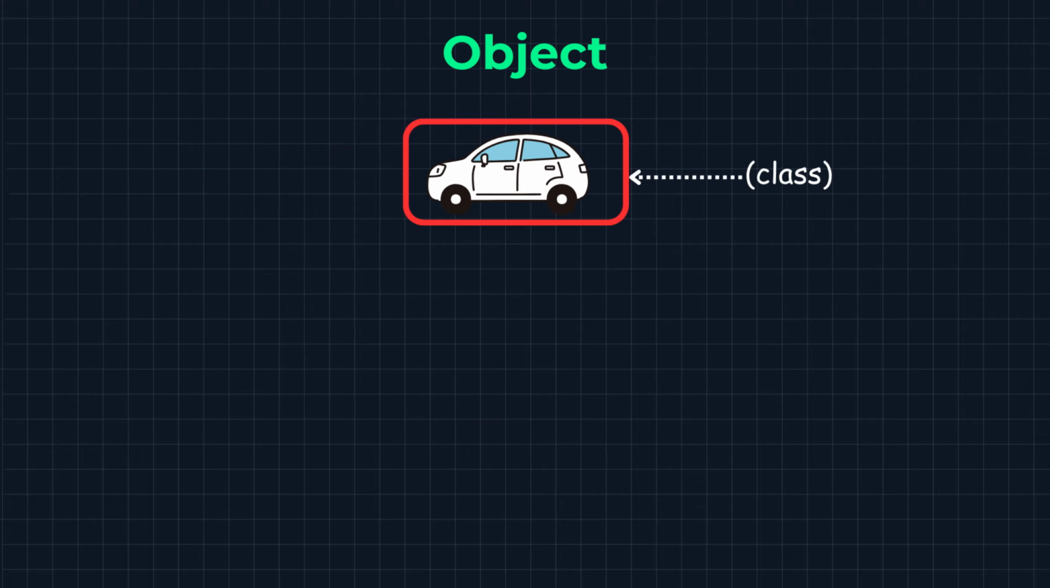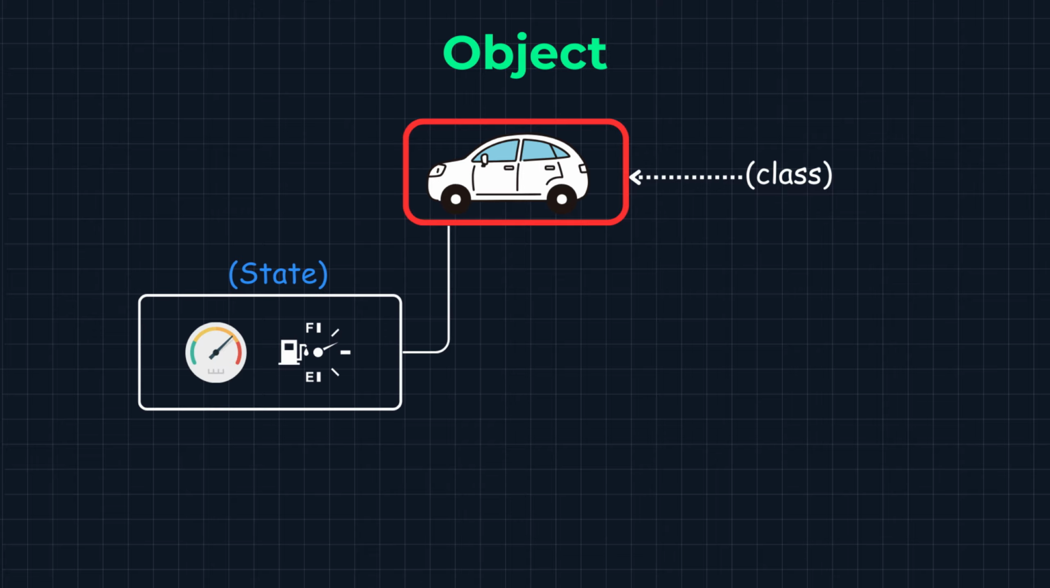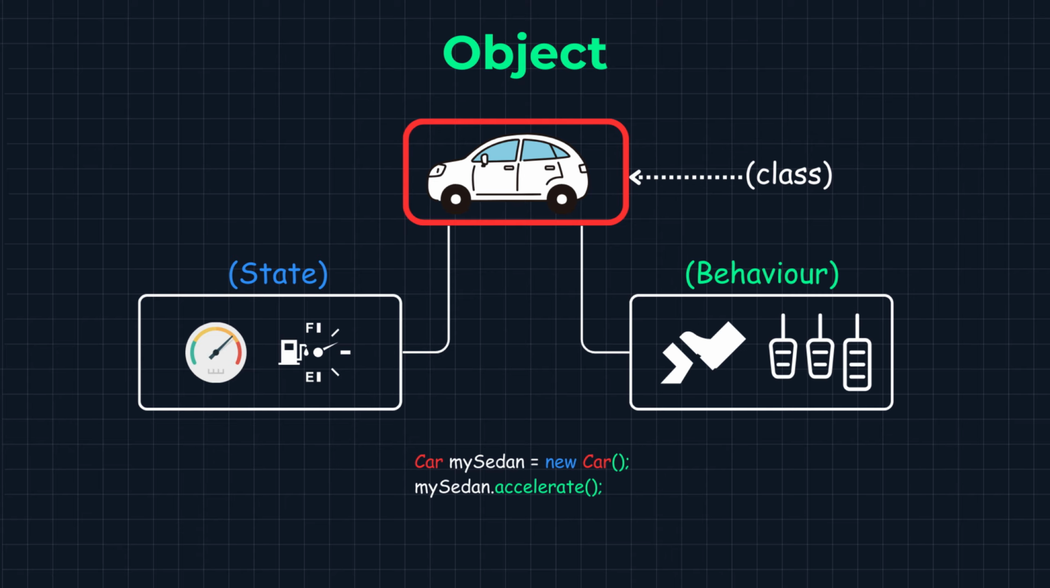Here's another easy example. Let's say we create a class called Car. This class can have two parts. One is state, things like speed and fuel level. And second is behavior, actions like accelerate and brake. Now using the class, we can create a real object like this. So again, the class is just an idea or blueprint, but the object is the real usable car, like the